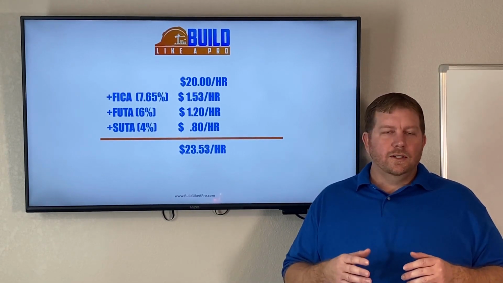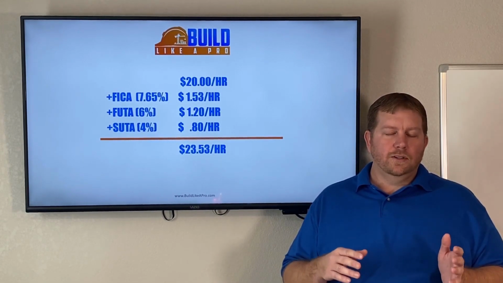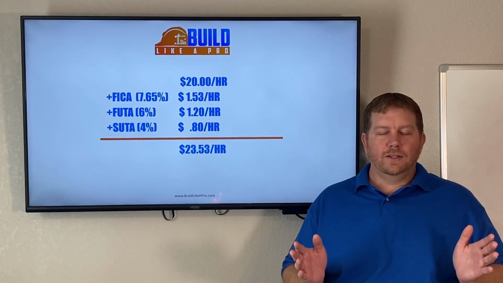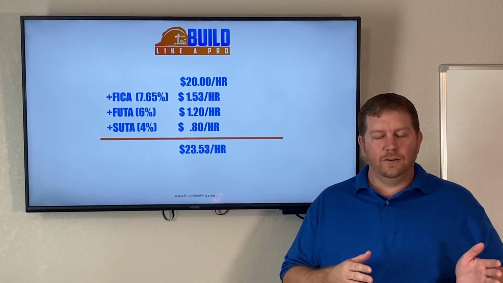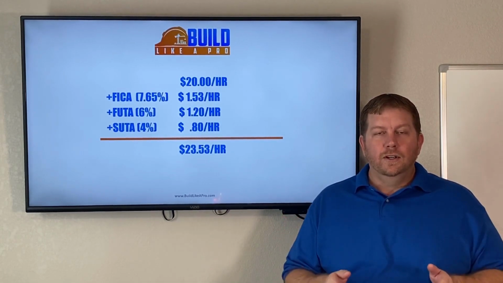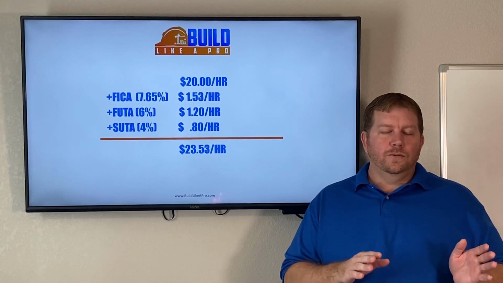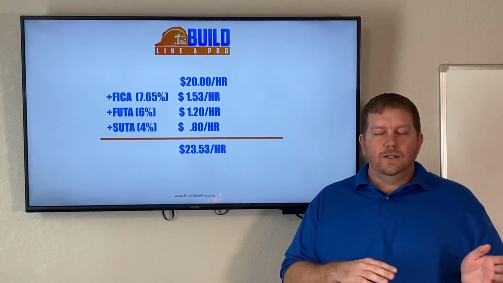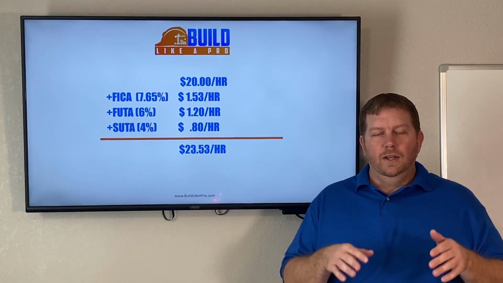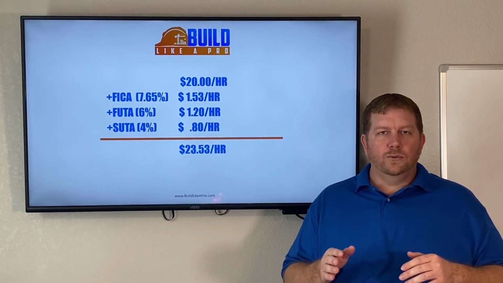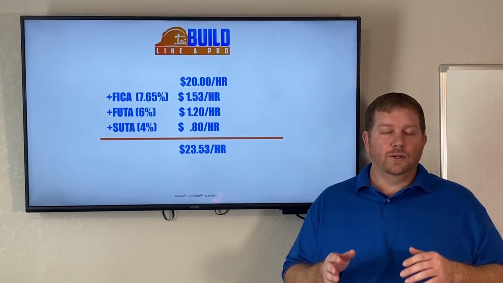In Nebraska, like I said, the state unemployment is on a variable scale because we can't make taxes simple, right? If we just made taxes simple, everybody would know how to do it and we wouldn't need accountants. But anyway, that's another subject. So I just threw in 5%, so that's another 80 cents an hour. And you can see there, we took our base labor rate, added our payroll tax, and came up with $23.53 an hour. So that's step number one covered.